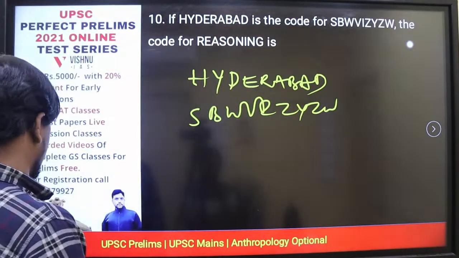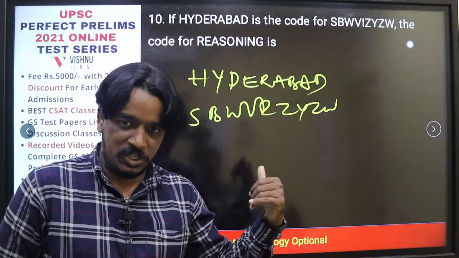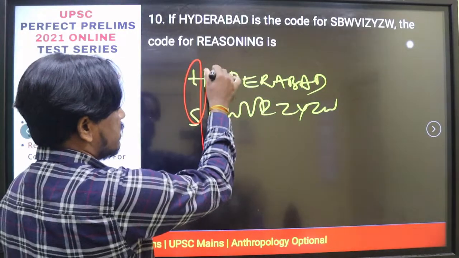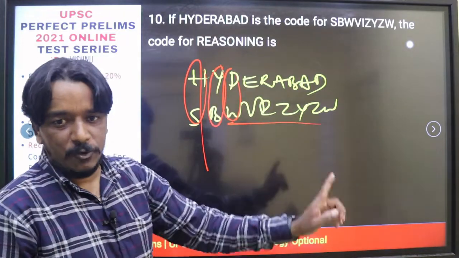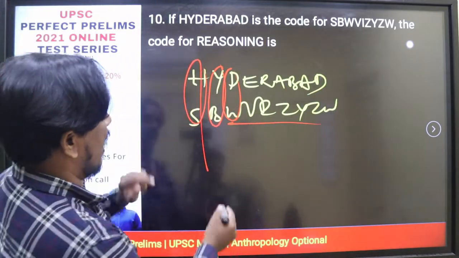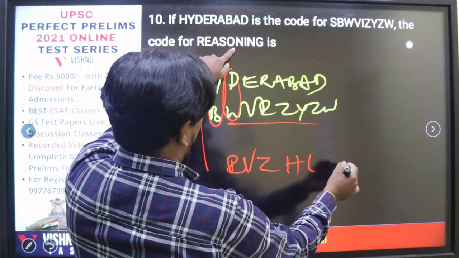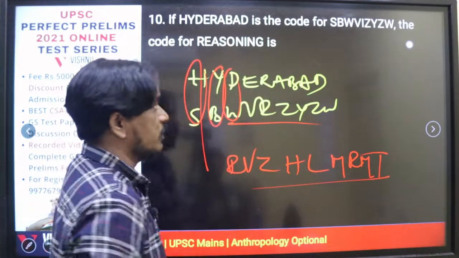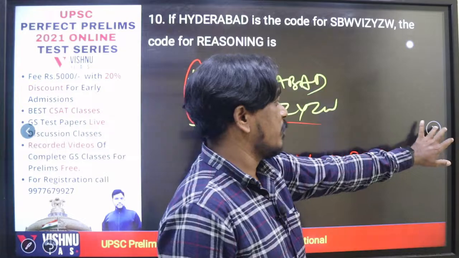If you observe all these letters particularly, and if you remember whatever reverse pairs I told in the starting session, then definitely you can answer this question. Directly observe H S B Y D W, all are reverse pairs. If all are reverse pairs, we can directly apply reasoning. I R E V E Z H S L O M N I R M N Z T. There is a code for this given word. So direct reverse pairs are there. Based on this, we have to answer these types of questions.